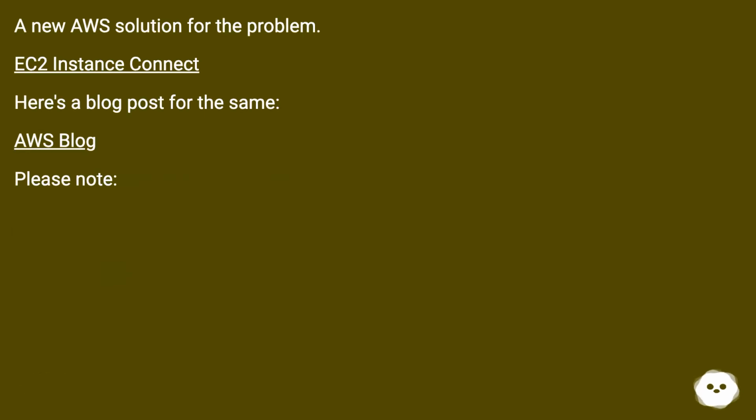A new AWS solution for the problem: EC2 Instance Connect. Here's a blog post for the same. AWS blog. Please note,